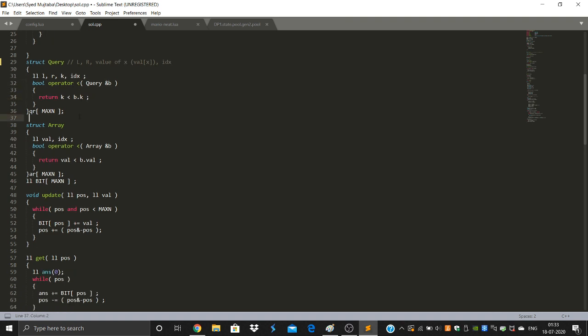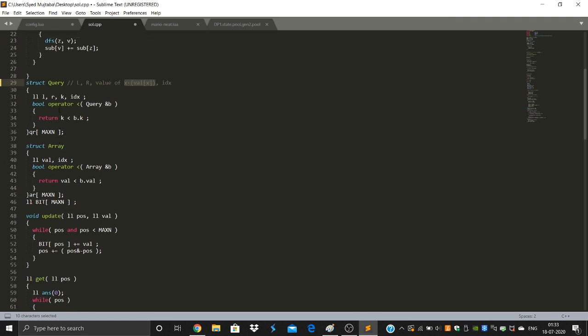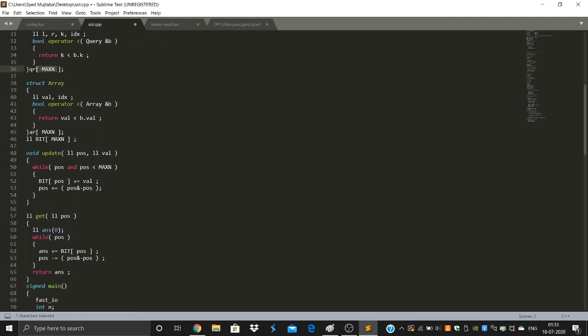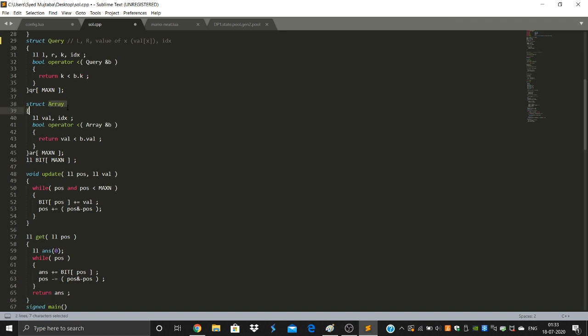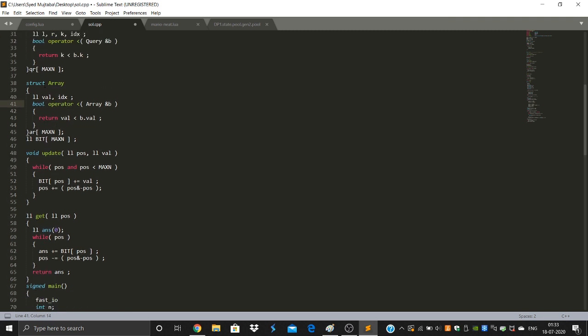We have written the comparison function, and it only depends on k, which is basically val x, the value at that particular node x for which we are querying. So we've made a struct query, something like this. Also we have another struct, although this was to an extent unnecessary, but it helped in the implementation. We have two values in this struct. It's just like a pair, but with its custom comparator, based solely on the values we are going to sort, irrespective of the index in the flattened tree.